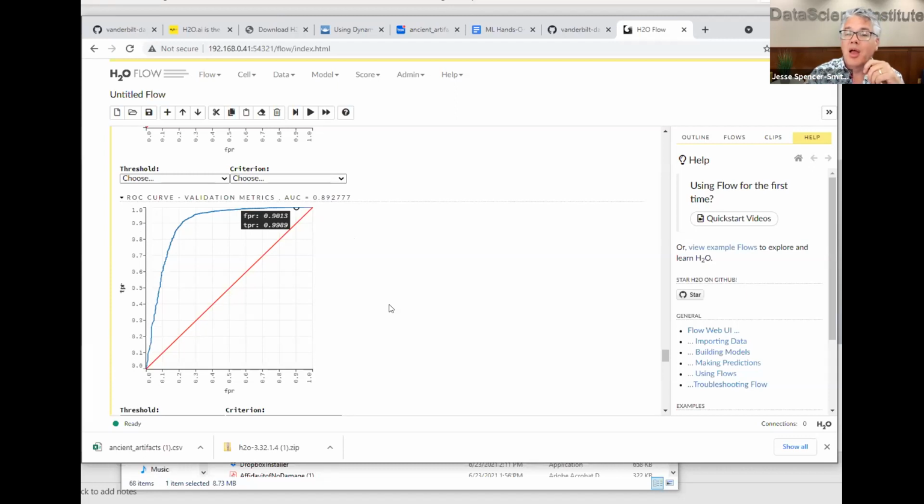The better the model is at differentiating between experiment and site, the fewer mistakes it's going to make. It's going to make fewer confusions, and it's going to get more things right. It's a balance of all those things together. So the number to beat is 0.89. We want a model that does better than 0.89.